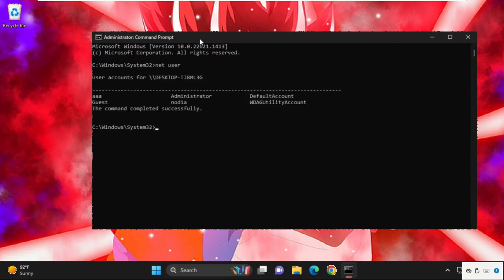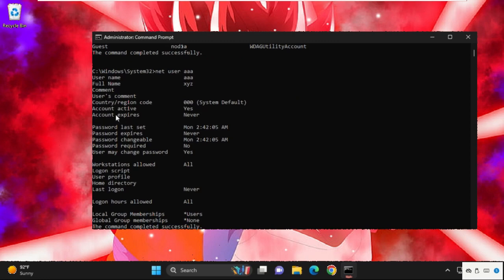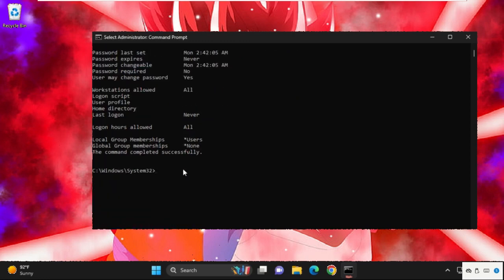Now type this command carefully, type in net space user and hit enter, and using this command you can see your account's name. I have two accounts, one is my administrator and the second one is the guest account. Now we can type this command and from here you can see your